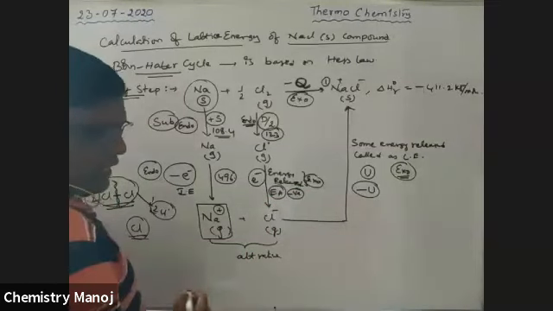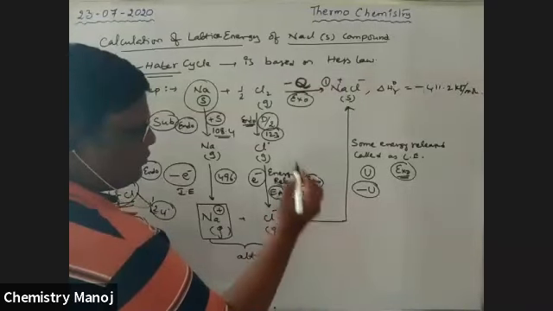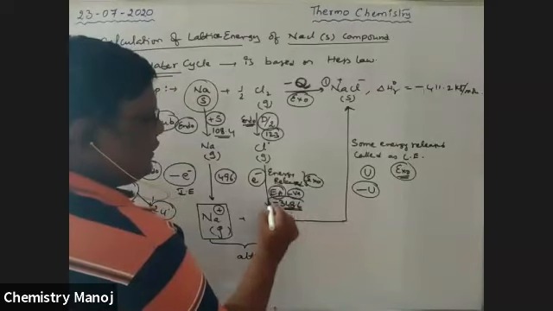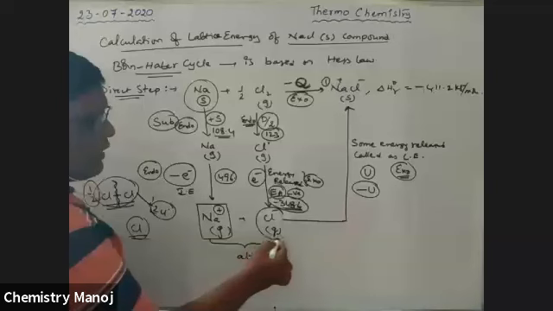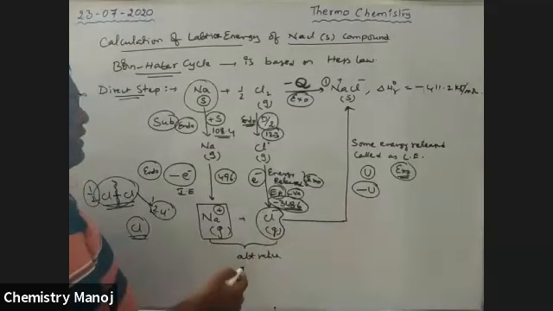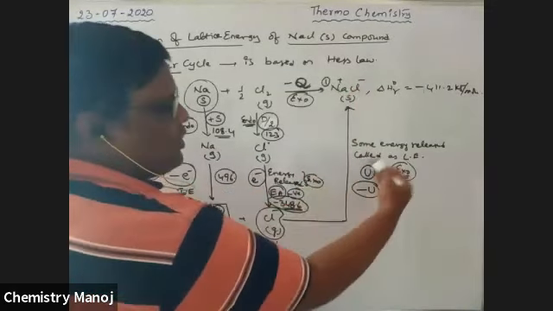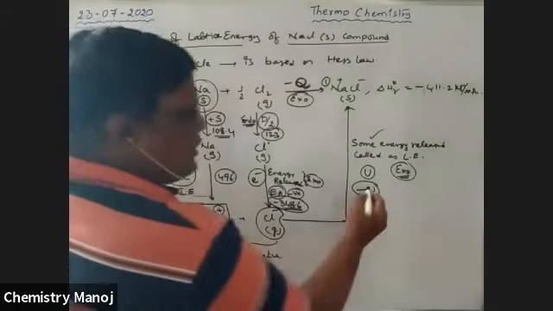Now how much energy is released for this purpose? That is 348.6 kilojoule per mole energy released. This is the electron affinity of chlorine. Now we have Cl minus gaseous ion. There is Na plus gaseous ion and there is Cl minus gaseous ion. These two are connected with each other. That gives NaCl solid. So some energy is released. That released energy is called lattice energy. Here energy released, there is a release of minus Q.